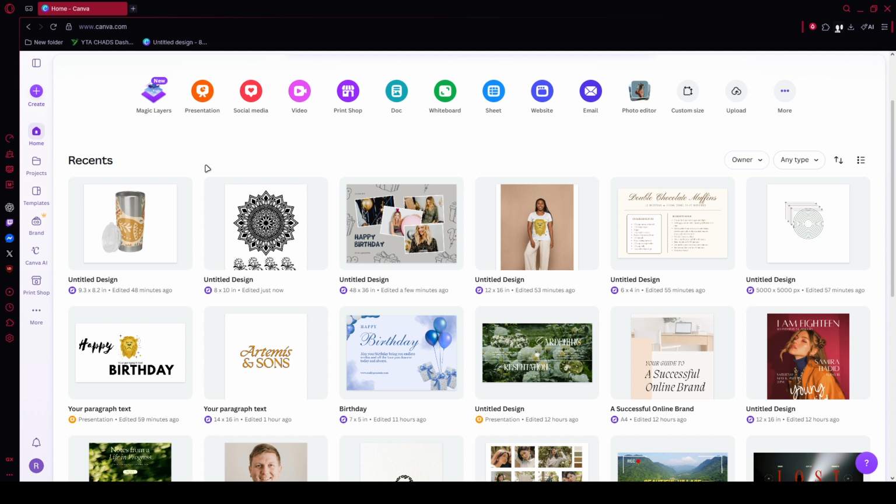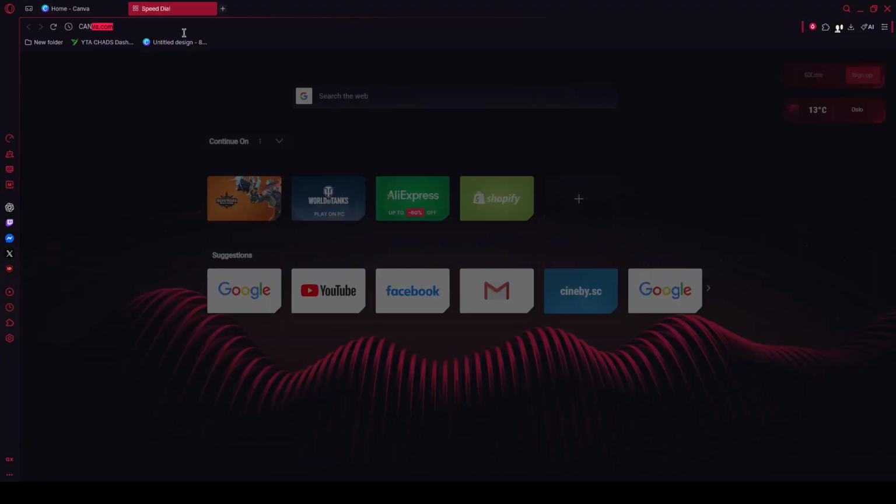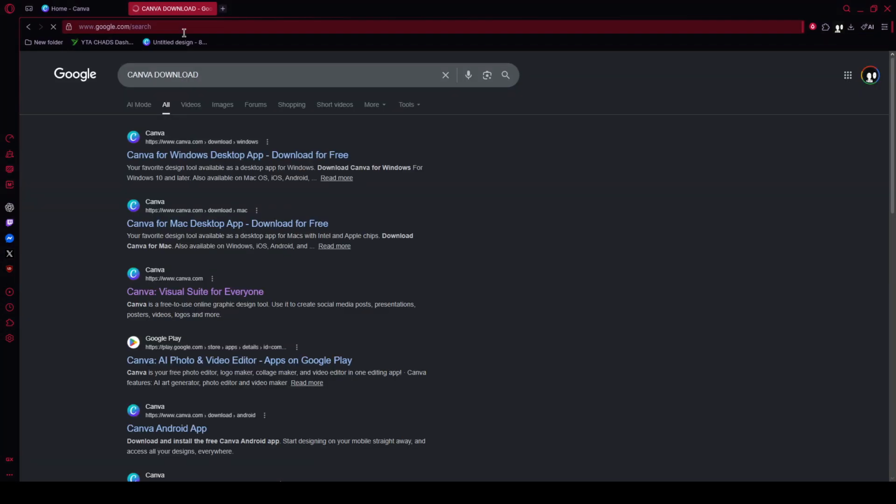To get started, open your preferred web browser on your Windows 10 computer. You can use Chrome, Microsoft Edge, Firefox, or any browser you normally use. Once it's open, click into the address bar at the top, type canva.com/download/windows, and then press enter. This will take you directly to Canva's official Windows download page. It's always a good idea to download software from the official website so you know you're getting the correct and